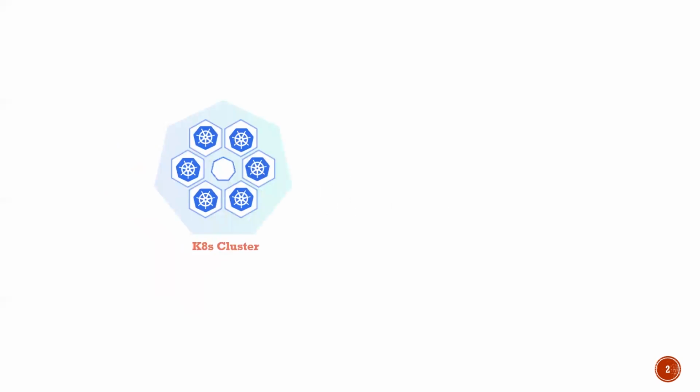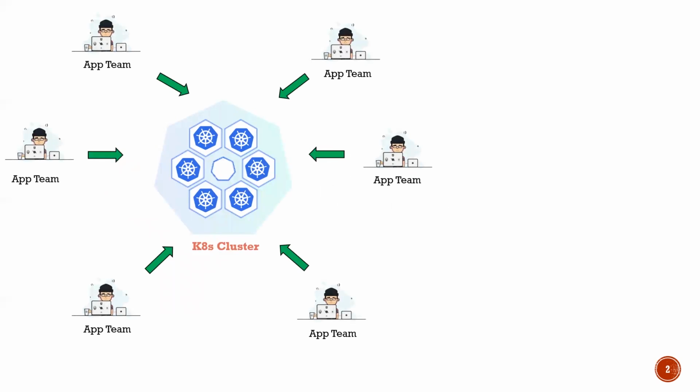So let's say, for example, we have a Kubernetes cluster and many application teams are deploying their applications on it. As an administrator of the cluster, I want to enforce certain rules, and all the application teams should follow those rules and certain best practices, by which, as an administrator, I can prevent misconfigurations or any security issues from reaching the production cluster when applications are being deployed.